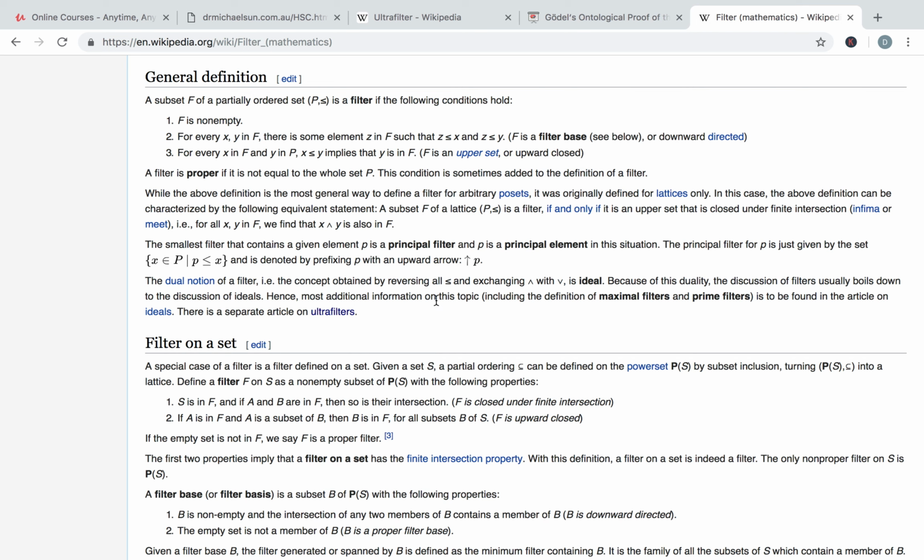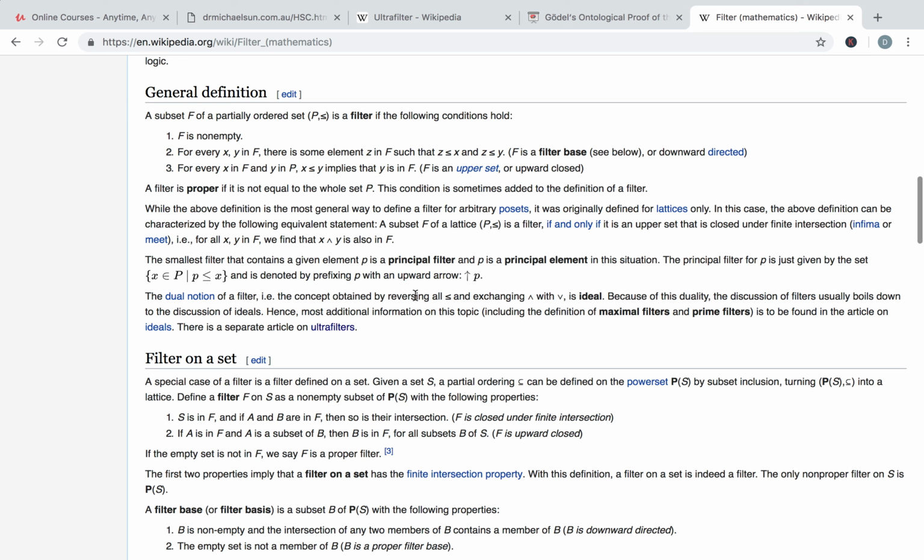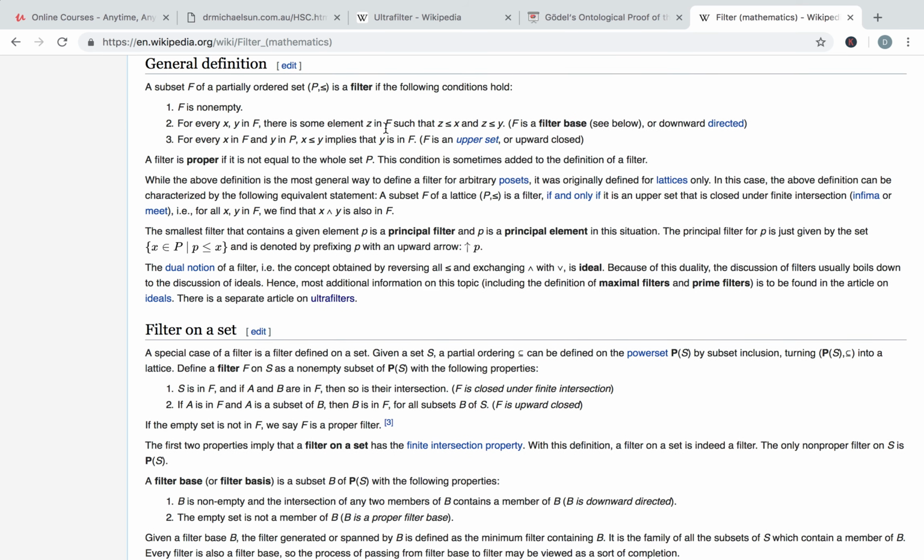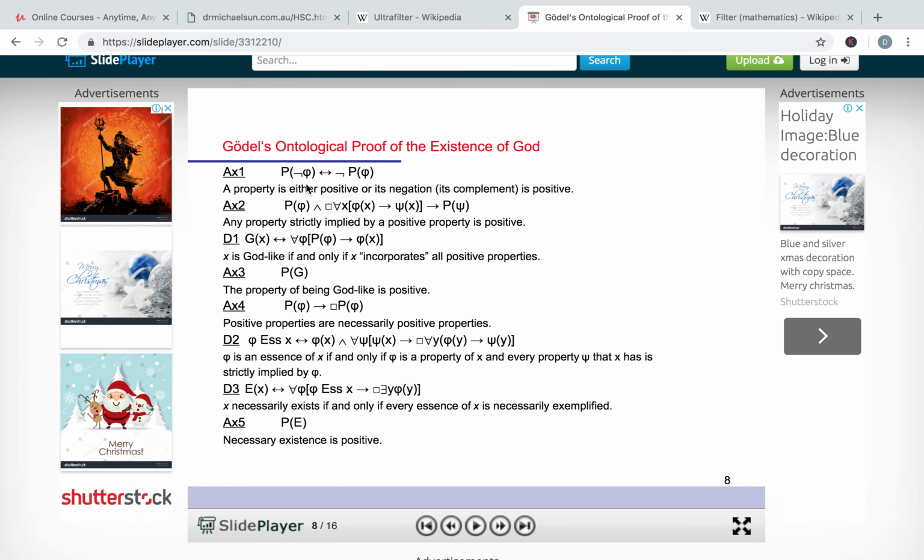I'm investigating what an ultrafilter is, and the reason I'm doing it is I want to investigate its relation to Gödel's ontological argument, believe it or not. We're trying to verify this claim about the positive properties. They were defining God as something that possessed all the positive properties, and then we proved those positive properties existed, and we proved this particular definition